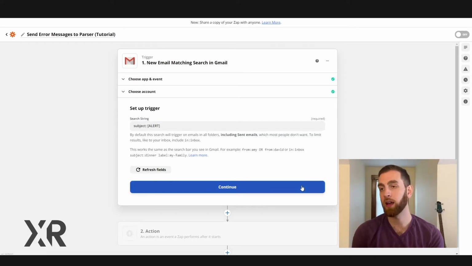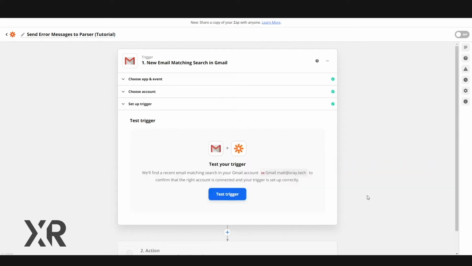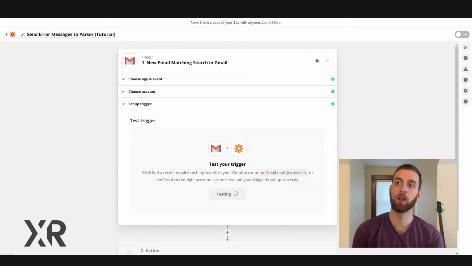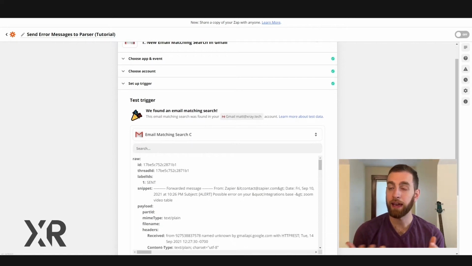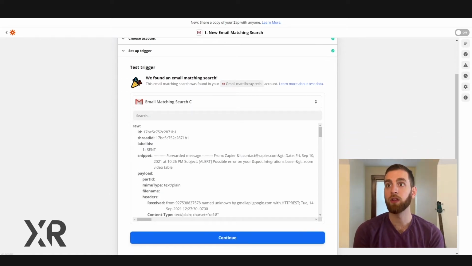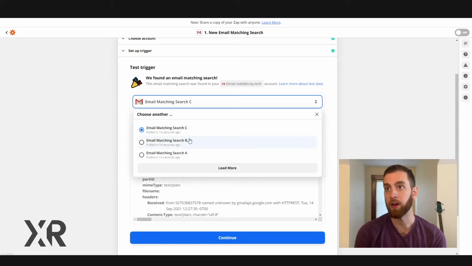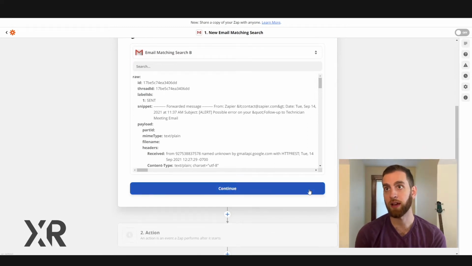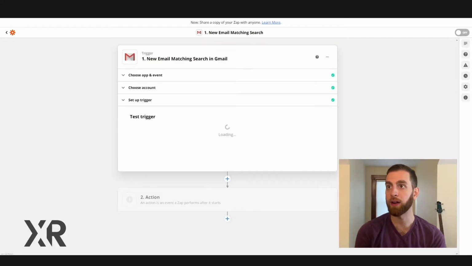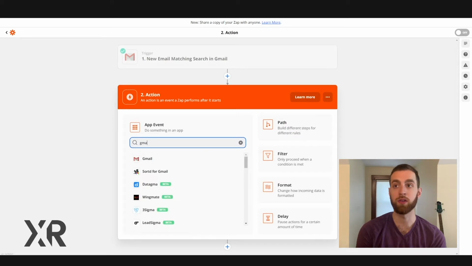So when we continue on this, test this notification out, and end up getting our test data, you can see the whole Zapier error message inside of the test data. You can switch that from B2C or whatever email that you want to use to base the rest of the